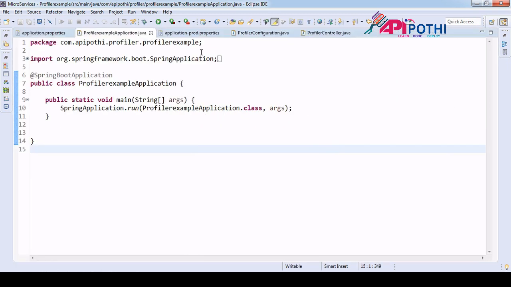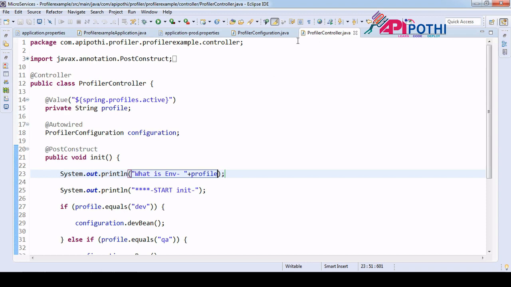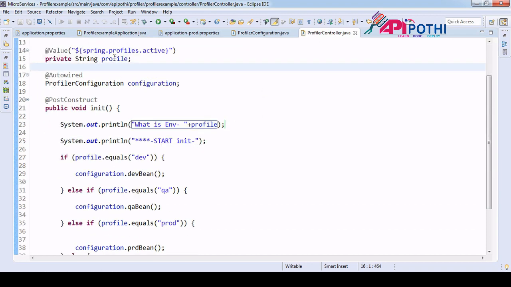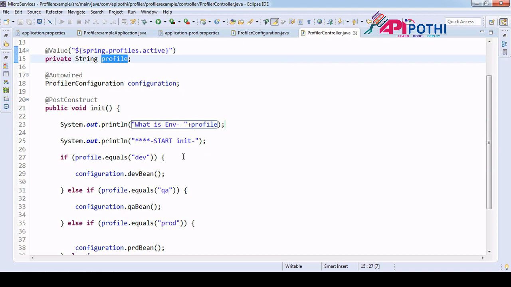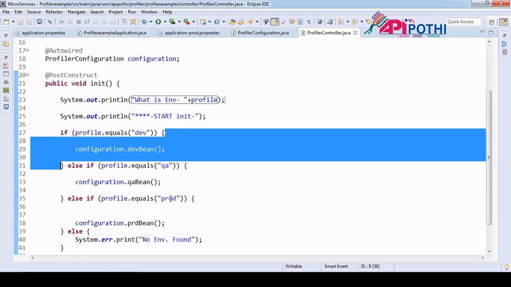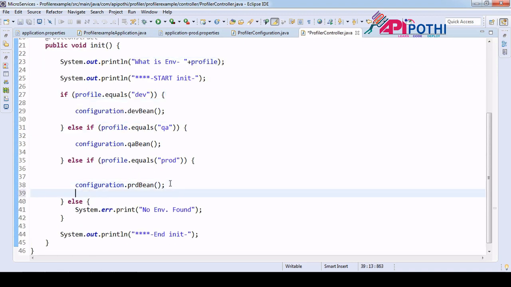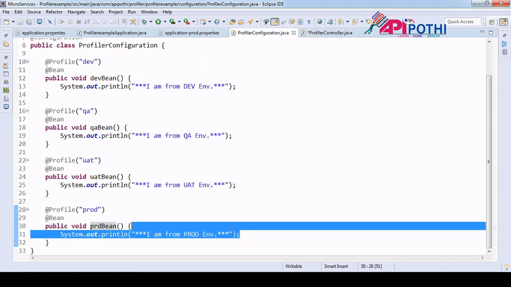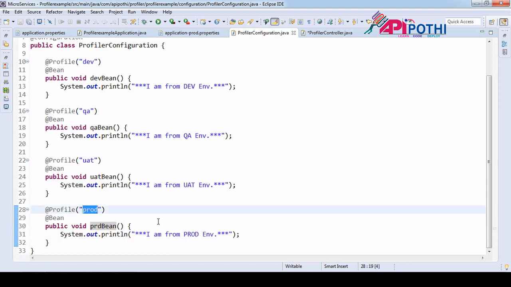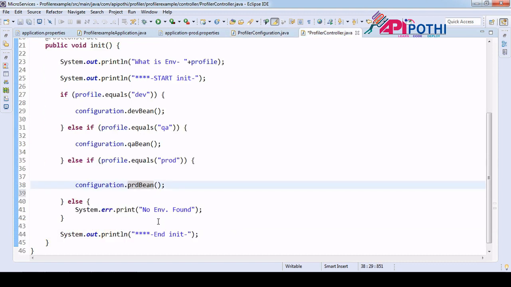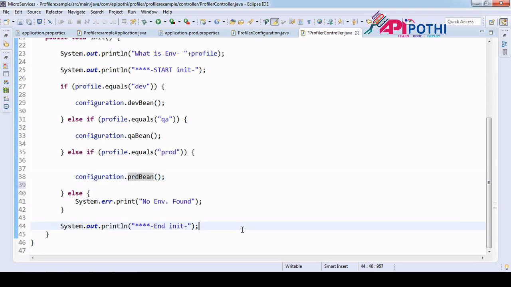So basically what happened here is, go to the controller and it is giving you your environment name. Since we have kept the flag here, it directly hits this method and prints this log. Once done, it matches with this profile only, and then it completes the execution.